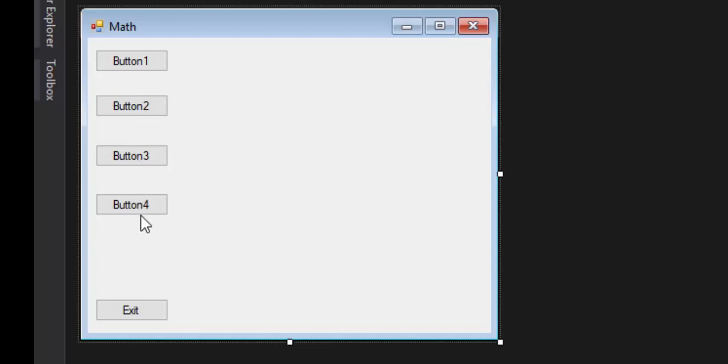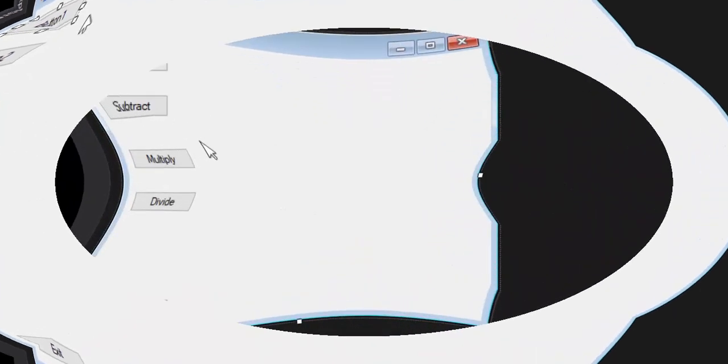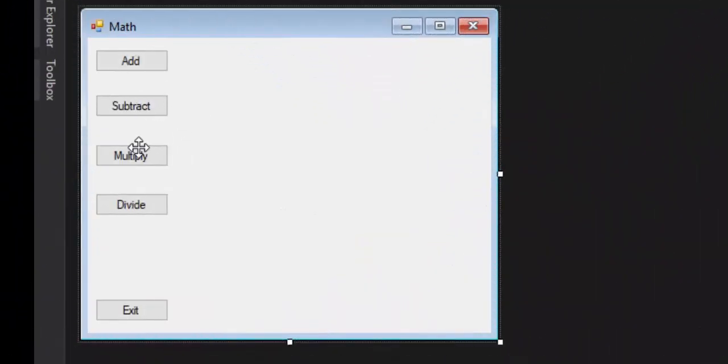So we're going to go ahead and do that, and through the magic of video, it'll happen quickly. So go ahead and pause the video and change them, and we'll meet back when these have been changed. Okay, as you can see, we have Add, Subtract, Multiply, Divide, and Exit, and we need to get some input